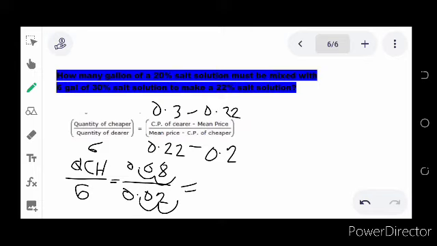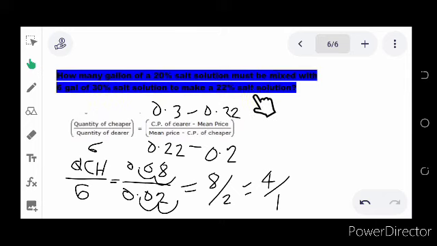So that means you have 8 over 2. That becomes 4 over 1. So that means 4 parts of the cheaper, which is 20%. So 4 parts of 20% salt solution is mixed with 1 part of 30% salt solution that will give you